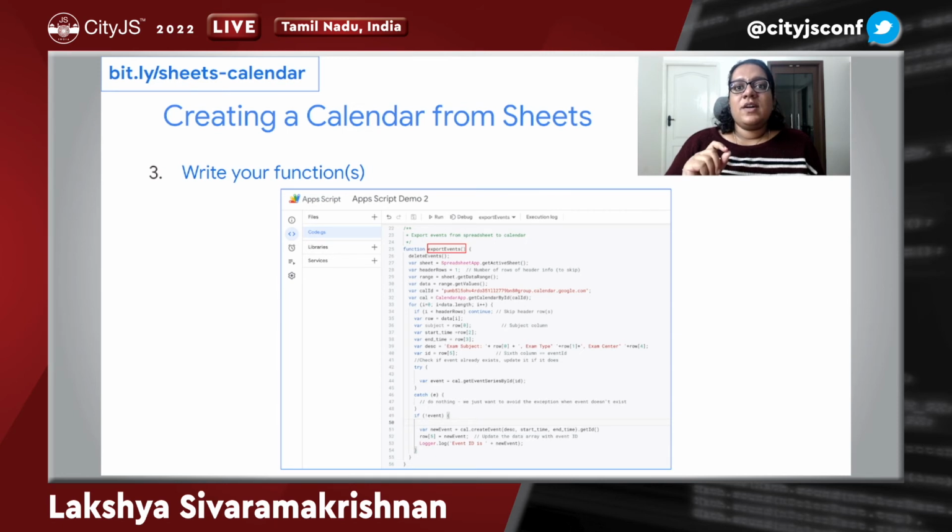The description involves 3 aspects: the subject, the exam type, and the exam center, to make it as detailed for you to figure out what exactly this exam is, where the center is, and whether it is an internal exam, an external exam, etc. We are also capturing start time and end time.